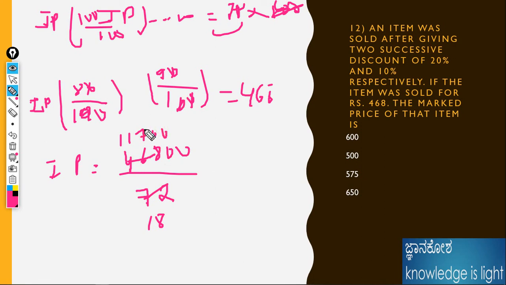Then again 9, because 1 plus 8 is 9, 7 plus 2 is 9, divisible by 9 only, 9 on the 18, we are using the divisible rule. Then 9 on the 27, 9 on the 3 is 0, 3 0 0. Therefore, half of that one is 650. 650 is the answer for this question. What is the marked price of the item? The marked price of the item is 650, that is the answer for this question.